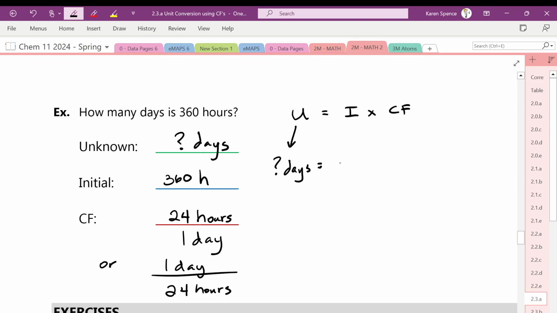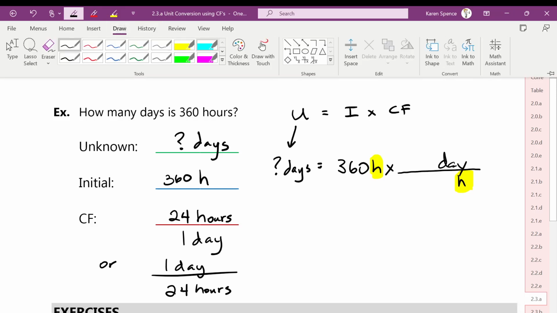My initial quantity is 360 hours. My conversion factor is going to be a line. And now I'm going to put in the units before I even put in any numbers. Where should hours go in order to cancel out? It should go on the bottom. So hours are going to go down here and days are going to go on the top, which is lovely